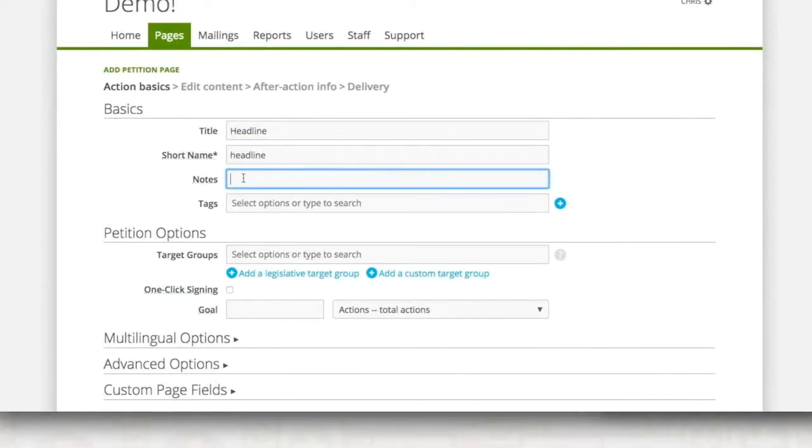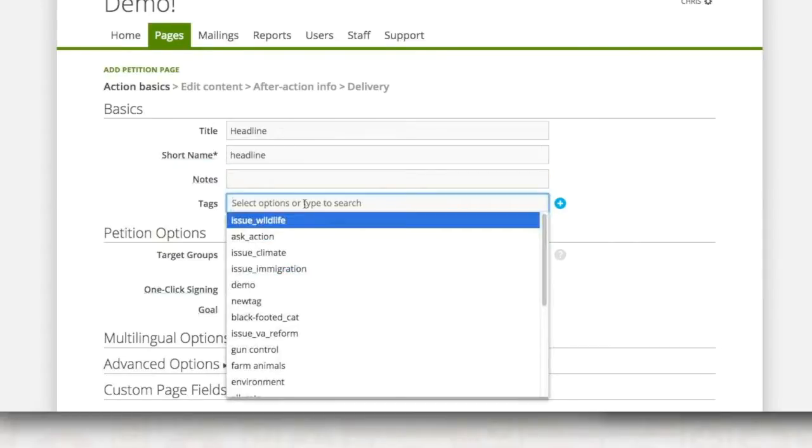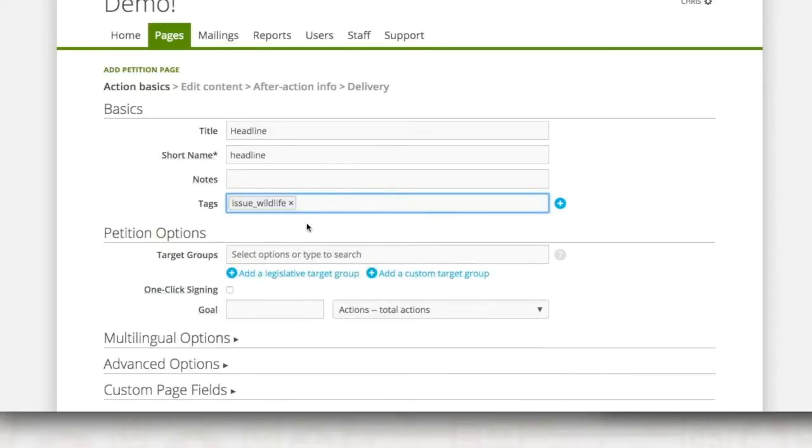Notes are only administrative, so you can use that to differentiate between multiple pages that have similar headlines. And tags are a way that you can group pages together for reporting purposes. Also, when a user takes action on a page with a tag, that tag is added to the user's record. So if this page is tagged issue wildlife and then a user takes action, that user will then have a 1 next to issue wildlife. So you'll be able to see that that user has taken action on pages like